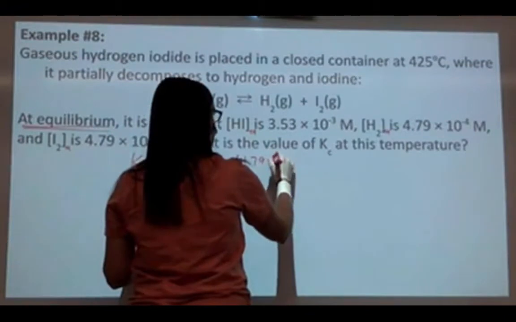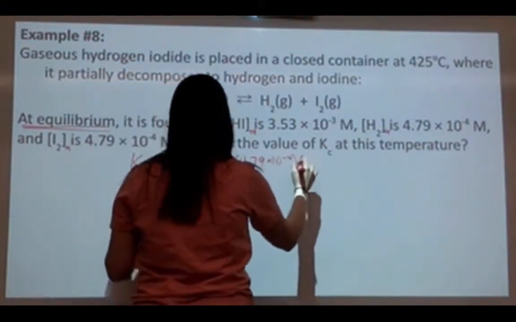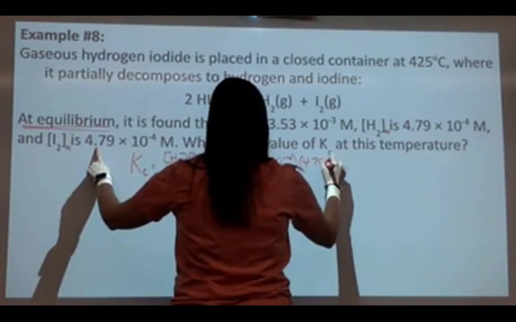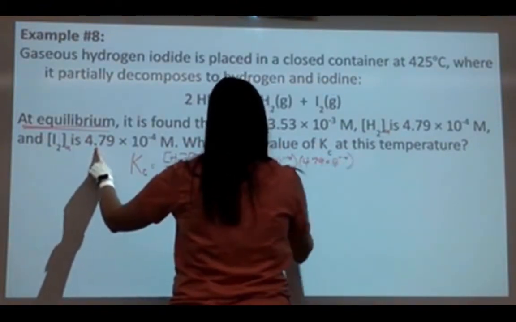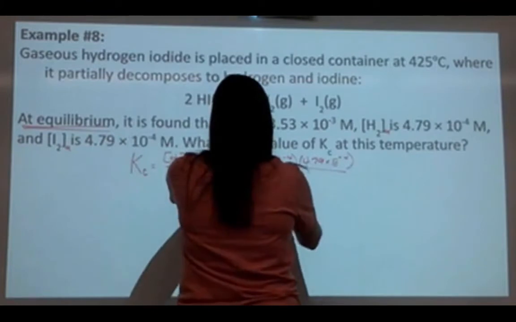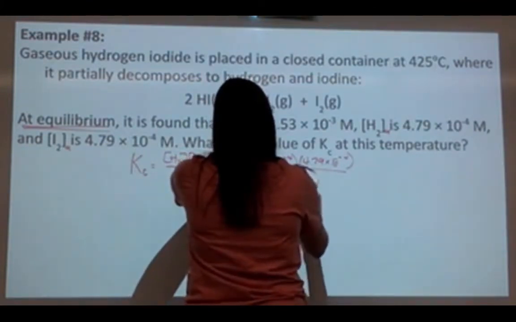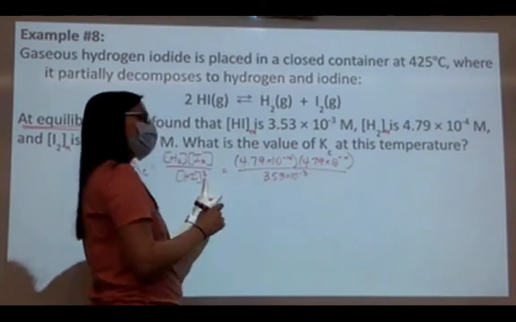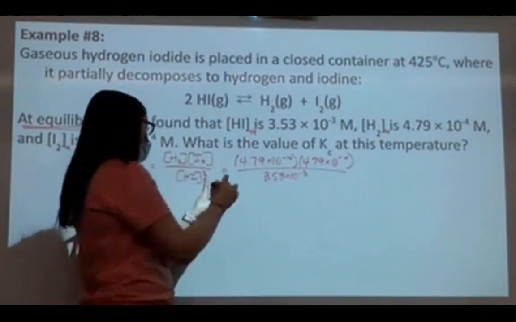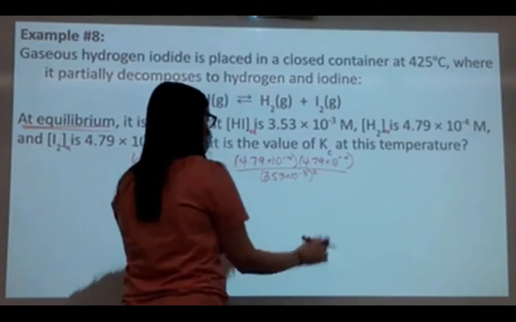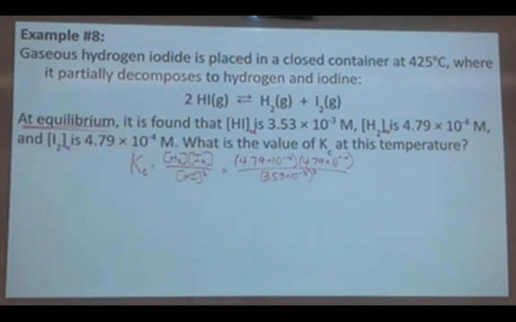So only equilibrium concentrations can go into the K expression. Well, this says at equilibrium, so we can actually plug all of the values in. H2, 4.79 times 10 to the negative 4th. I2, 4.79 times 10 to the negative 4th. HI, 3.53 times 10 to the negative 3rd. Don't forget to square. HI squared on the bottom. Don't forget those exponents. So if we plug it in, 4.79 e negative 4 times 4.79 e negative 4,